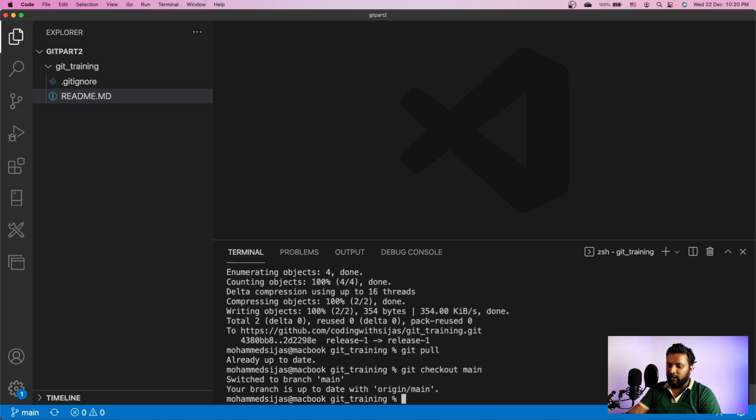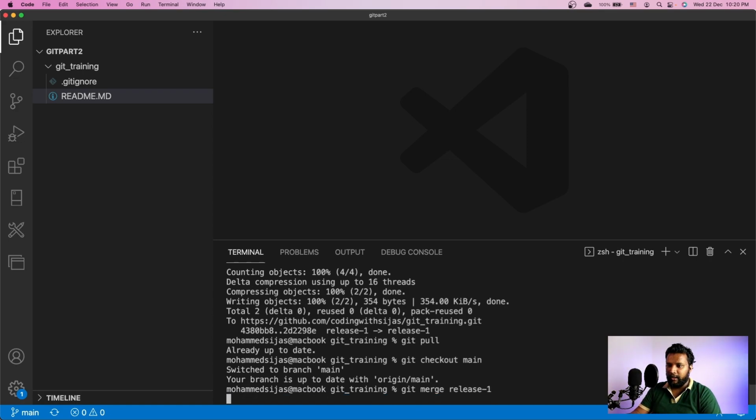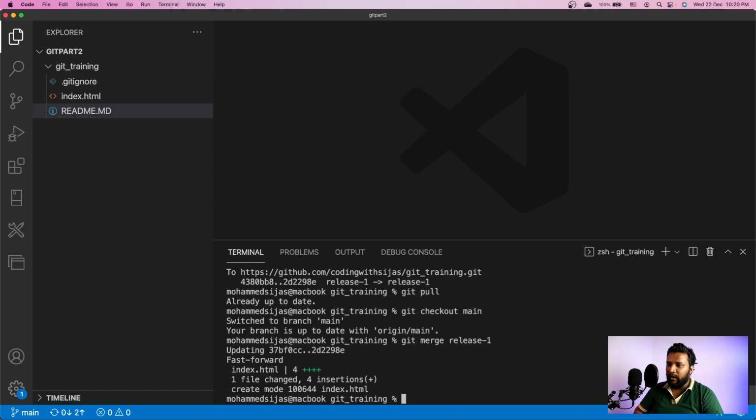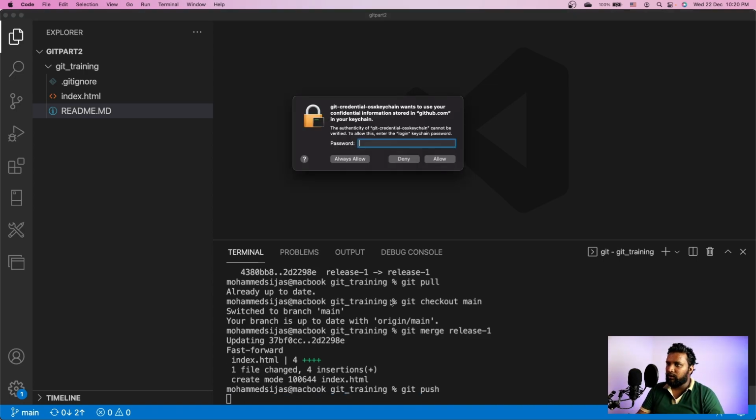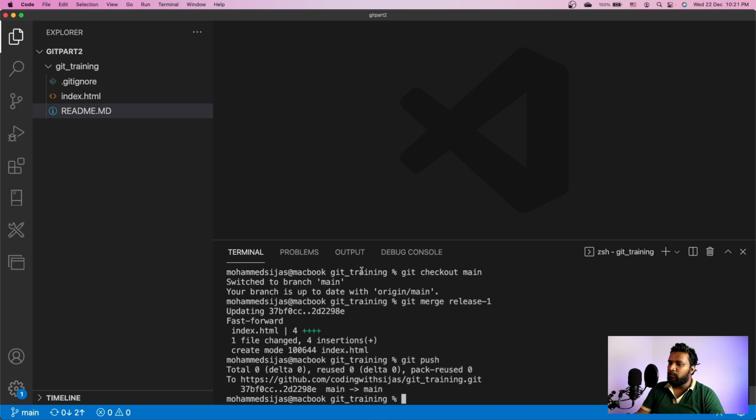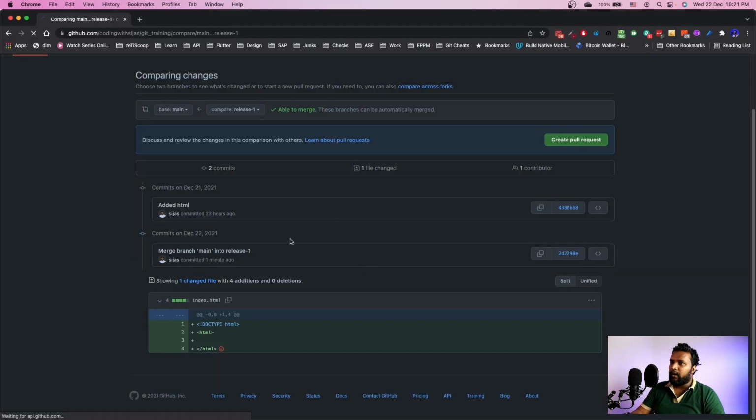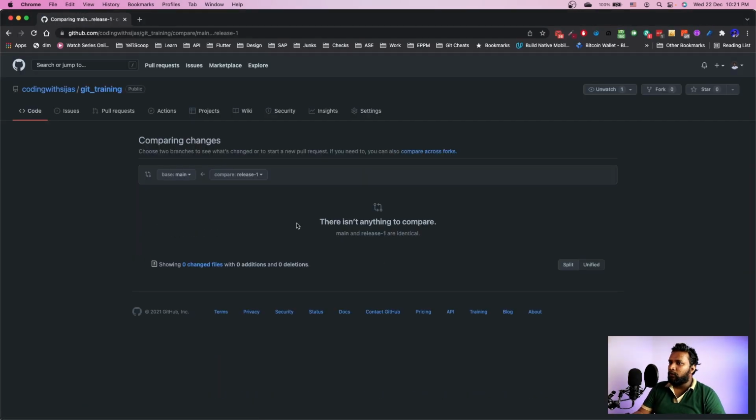All I need to do now is git merge release-1. So the new additional file which was in release 1 is now available in the main branch in the local git repository. When I do a git push, everything is pushed into the git remote repository. Now you see there is no change between the release branch and the main branch.